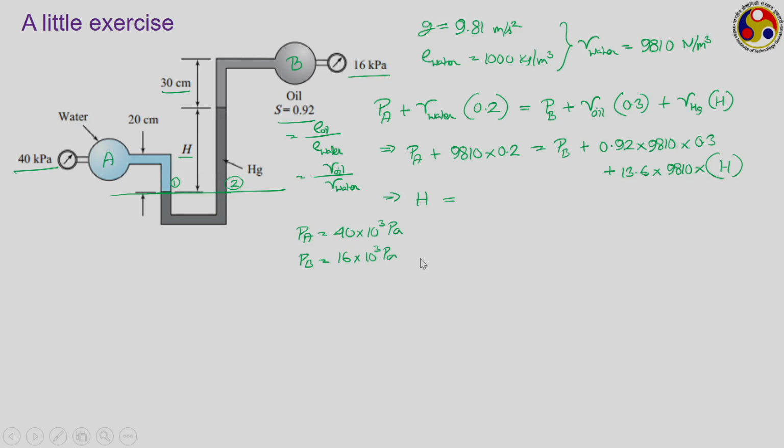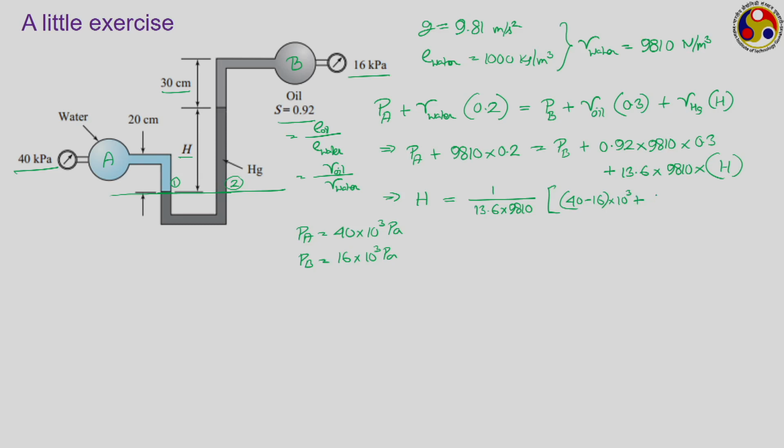So, if you put it back there, what we are having is H equals 1 by 13.6 into 9810 into Pa minus Pb, which is 40 minus 16 into 10 cube